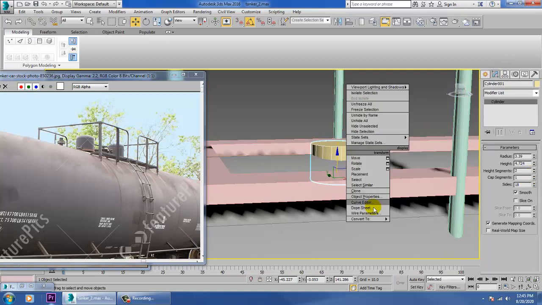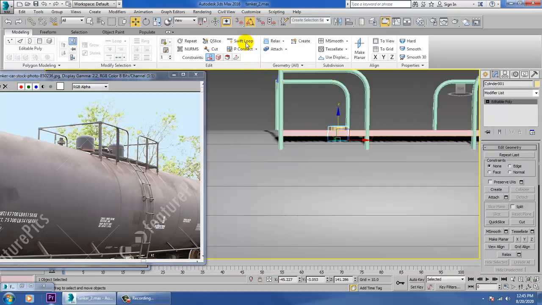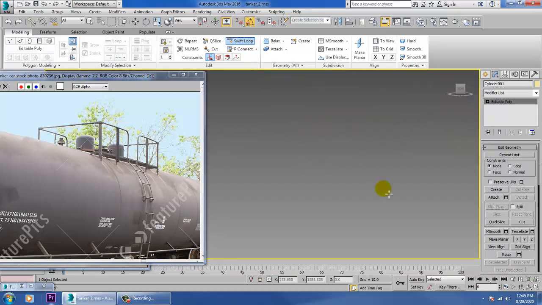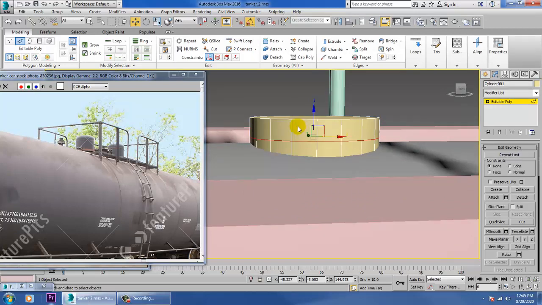So convert to editable poly. Use a swift loop. Ring it.